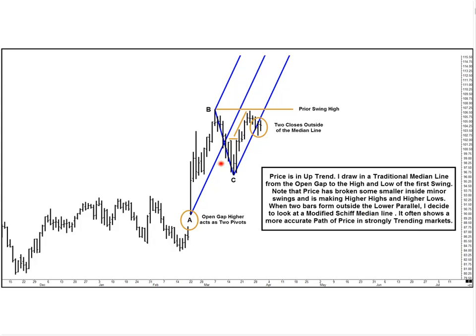This tells us the probable path of price. Now remember, the median line acts as a trend tool and a trend barrier. That means when the median line gets broken, of course, we can take another look at drawing something different. But if that doesn't work,